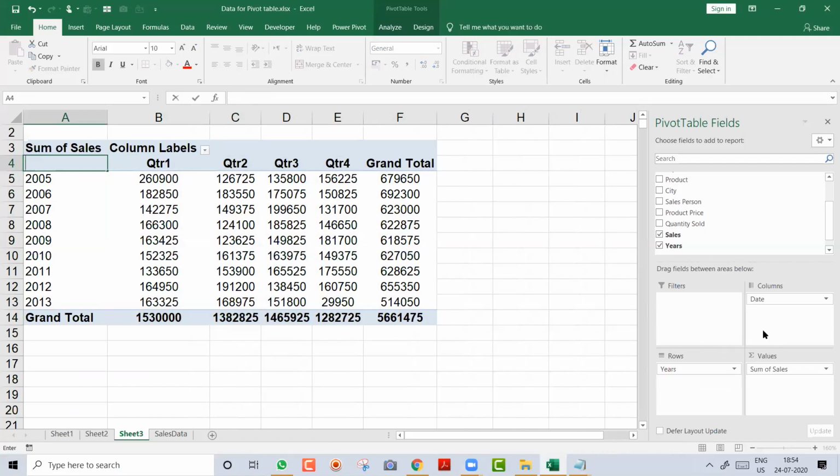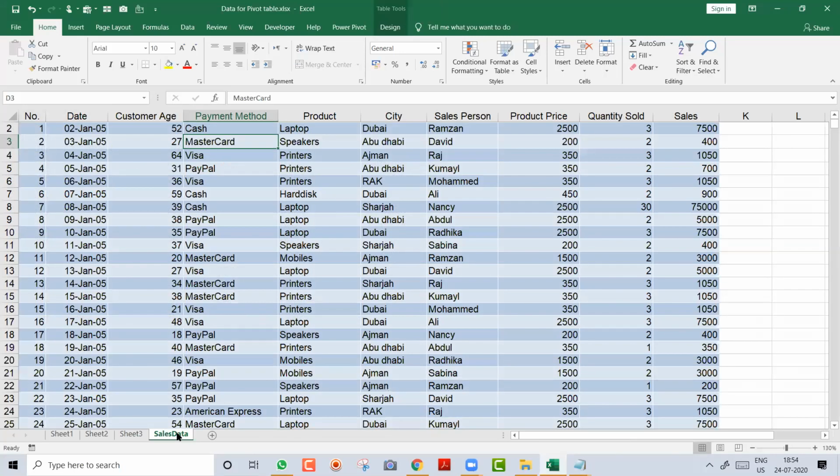And I say, for example, year. So here I have put one in the row and this one in the column. So this becomes a very nice report. If you wanted to create this manually on your own, it would have taken a lot of time. But over here, you see, it has become very nice. Okay. So now, friends, we will move a little bit further ahead.